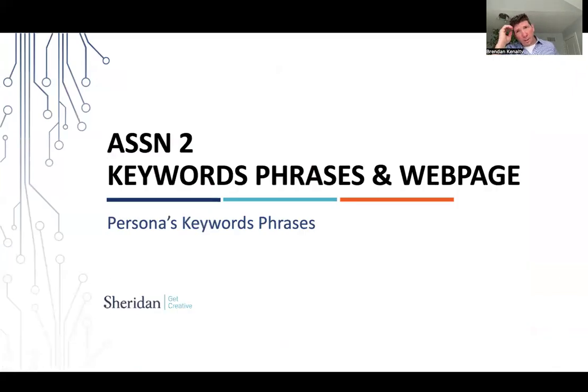Okay, so assignment 2 is really doing this for your PSB business. So again, we kind of talked through it, but you want to understand the key phrases, the keyword phrases that you want to appeal to, and then design the web content or start to design the web content to match it. Okay, this is a content strategy exercise. So again, you're going to build on your persona and understanding what they're looking for. You're going to start to construct some keyword phrases that are relevant for that person, and then you're going to design some content that matches that.